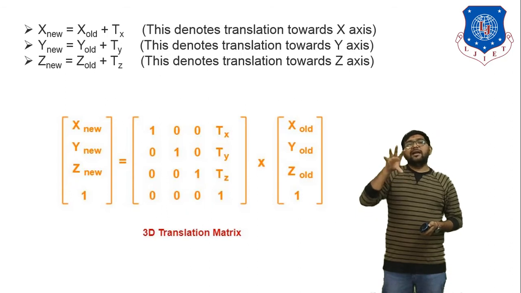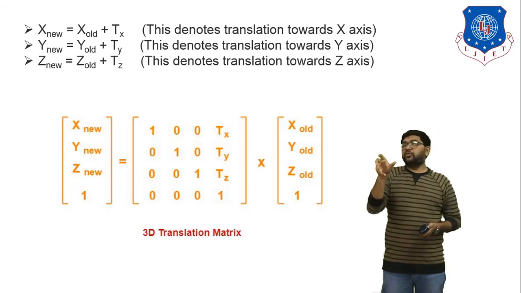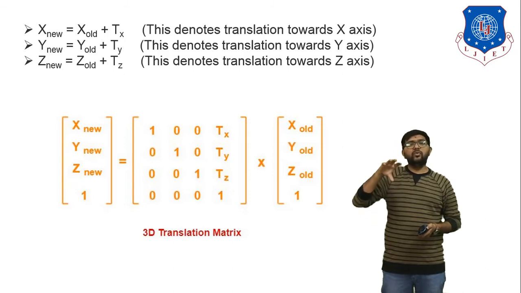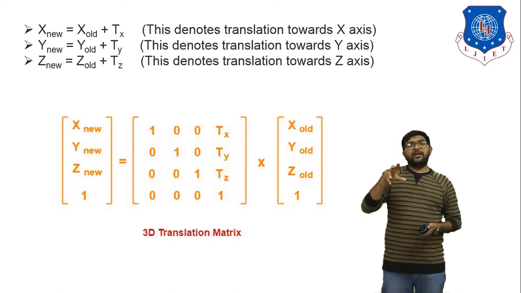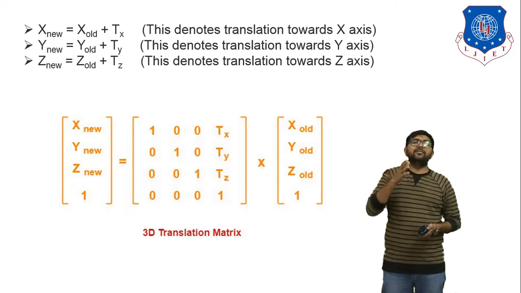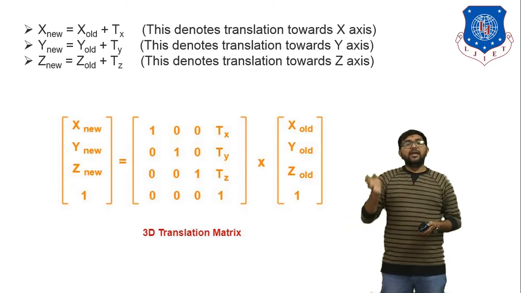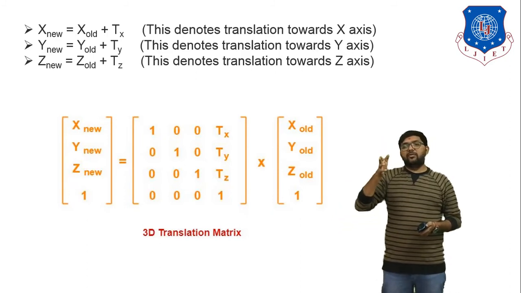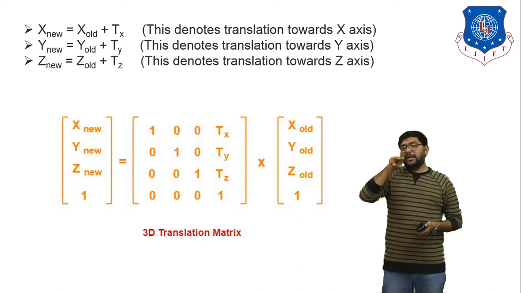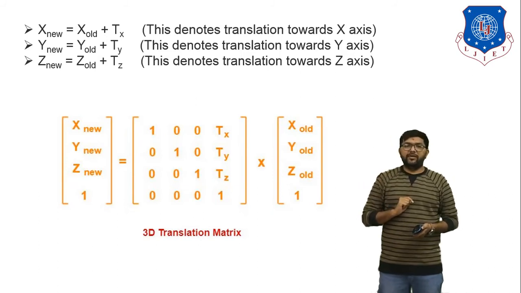Okay, here I write the translation matrix in transpose form. Now you all know what the transpose form is. If you convert all rows into columns, at that time that matrix is considered a transpose matrix. Okay, into x old, y old, z old. If you multiply these two matrices, you will get the answer of the above equation.